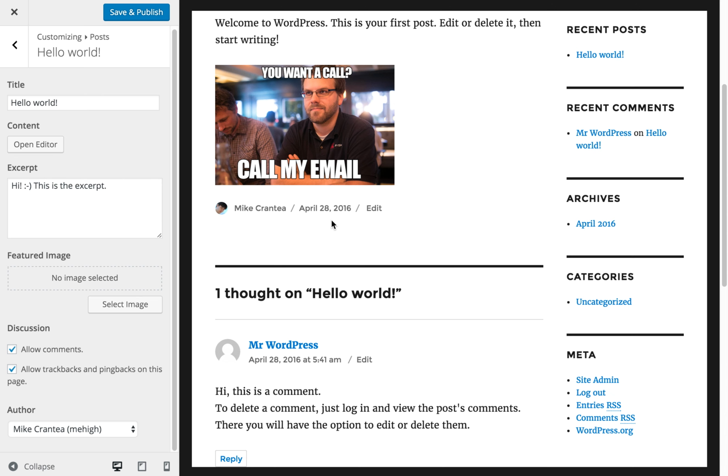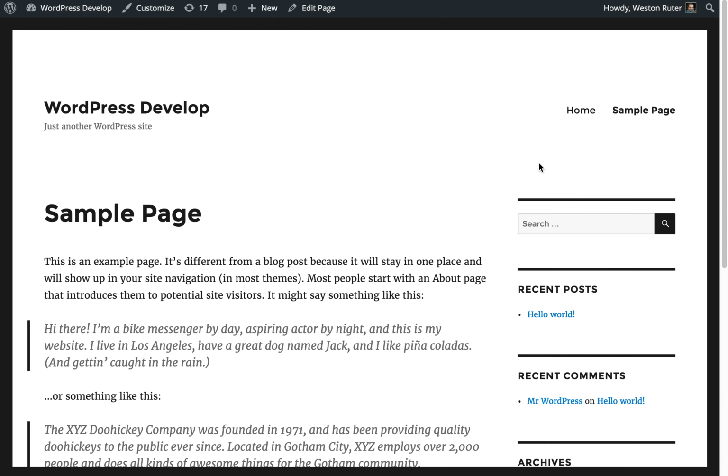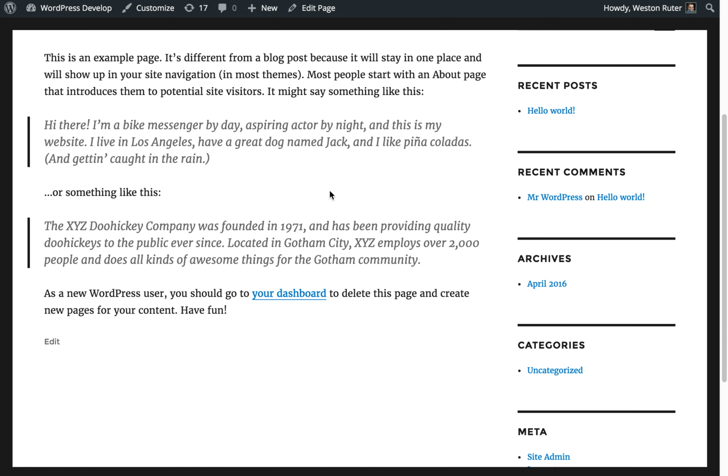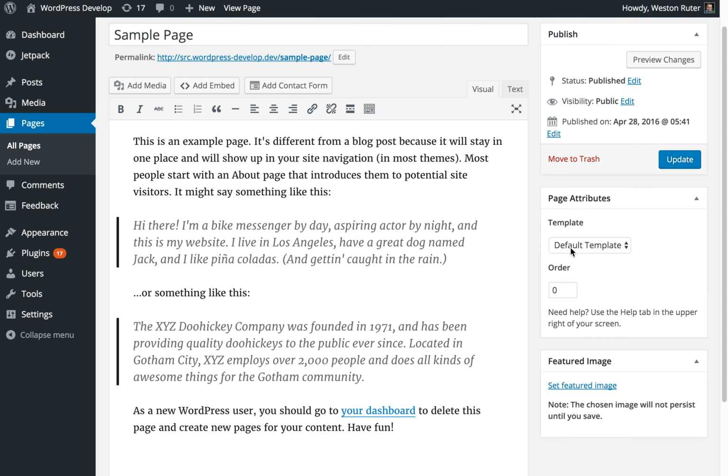Okay, so now let's leave the customizer and let's go to the sample page. Let's edit it to go into the traditional edit page screen. Now, as I said before,